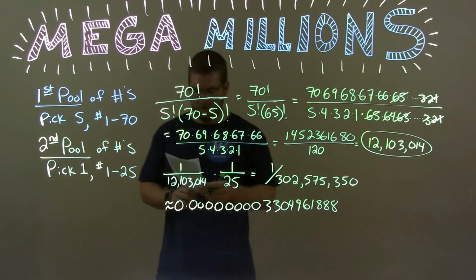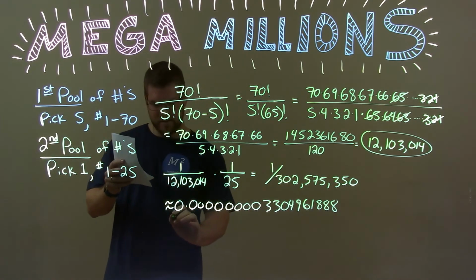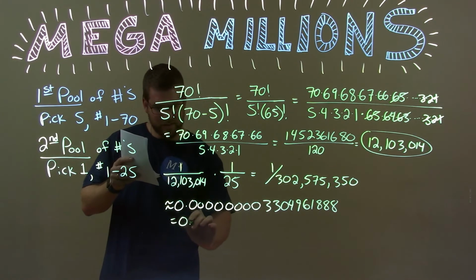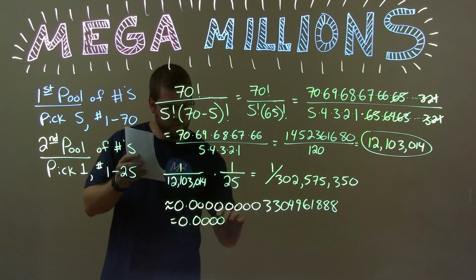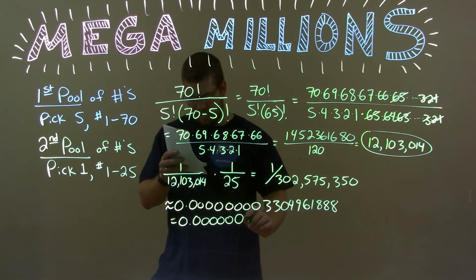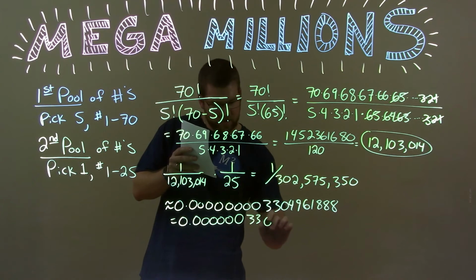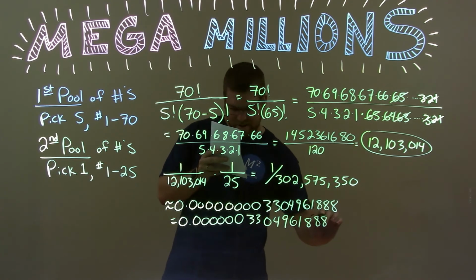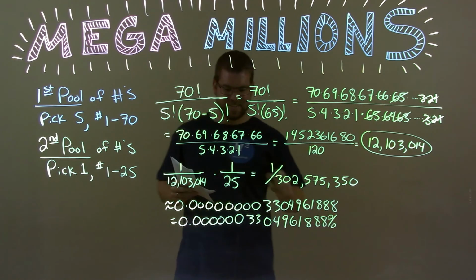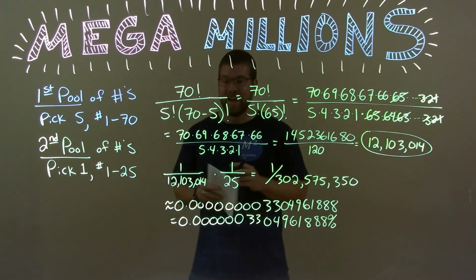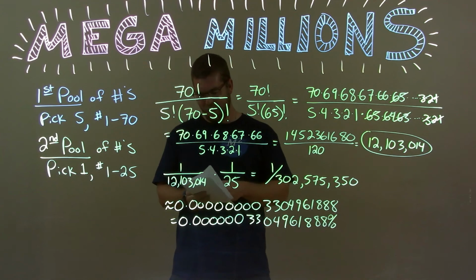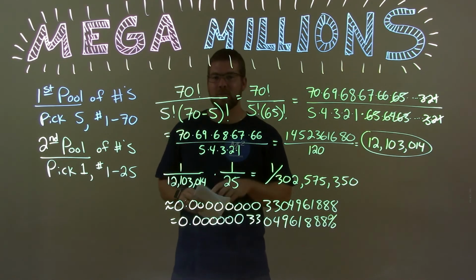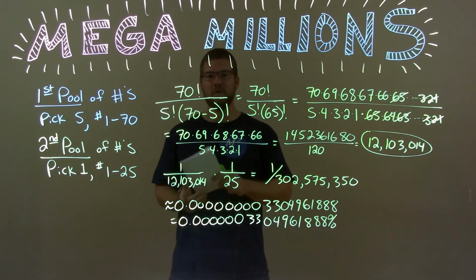That's this 1 out of 302,575,350 as a decimal. So we write that as a percent. As a percent, that's 6 zeros, 1, 2, 3, 4, 5, 6. Then 3, 3, 0, 4, 9, 6, 1, 8, 8, 8% chance of winning. Again, pretty slim odds. So hopefully you got the right numbers. We'll see if someone wins tonight, or if it goes down to a